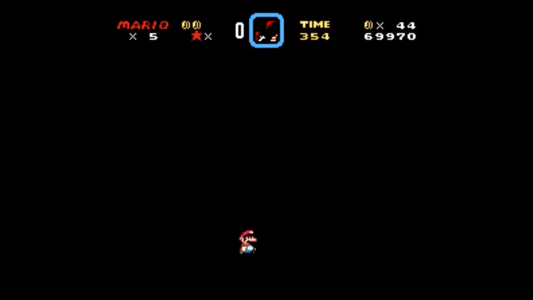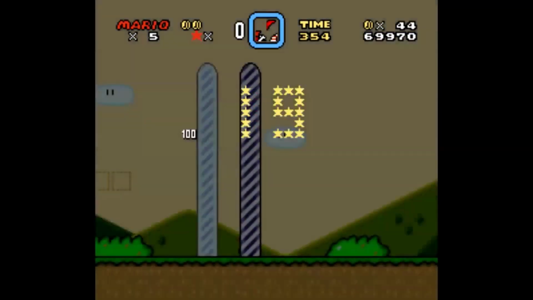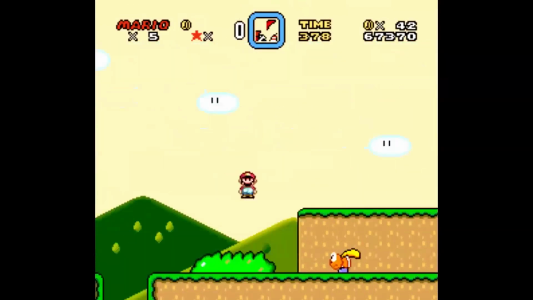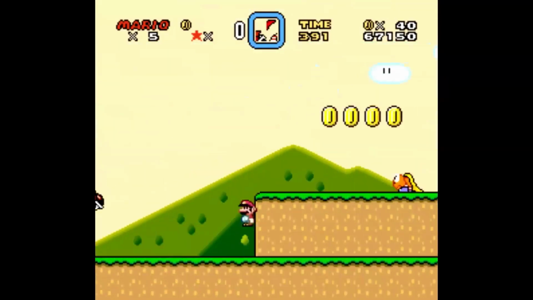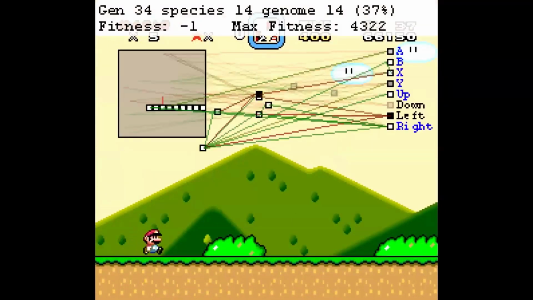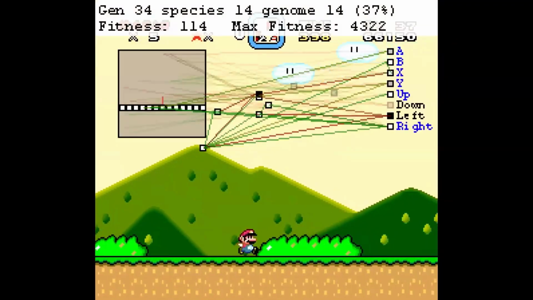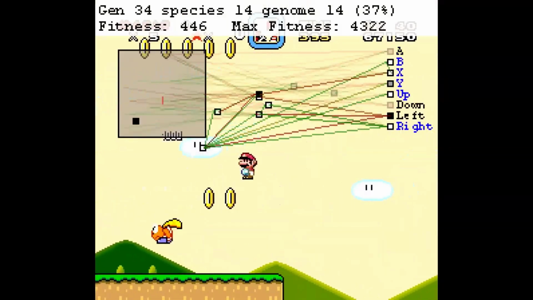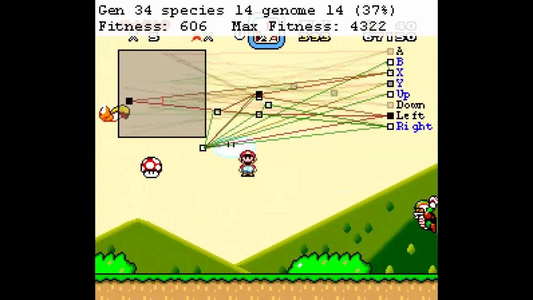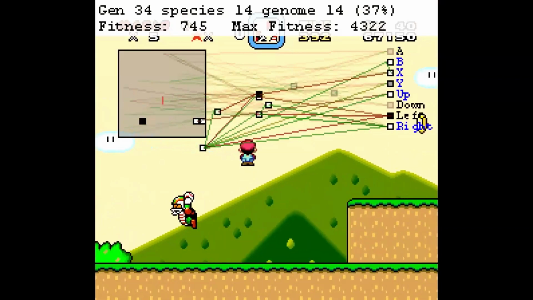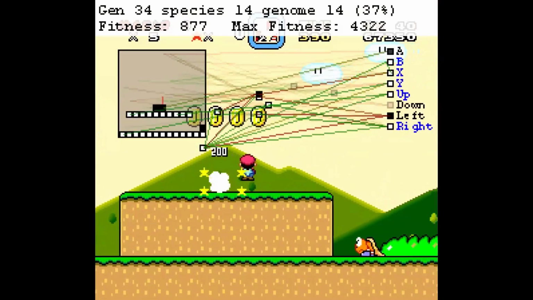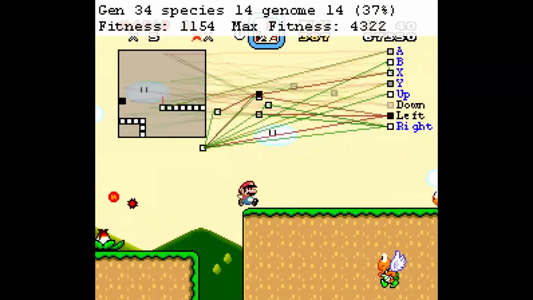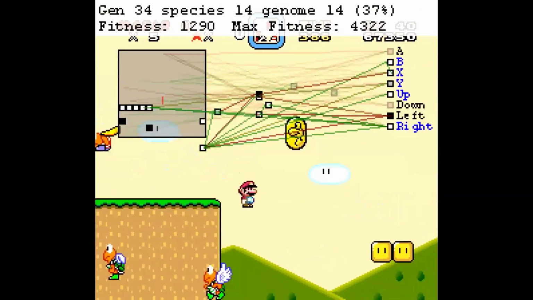So let's start out by actually looking at Mar.io's brain. Let's play it again, but this time we'll look at Mar.io's brain as it's making the decisions of what buttons to press. It's going to look a bit complicated at first, but don't worry, I'll help break it down for you. This structure of colored lines and blinking boxes is called a neural network. It's a simple mathematical model for how a brain works, but it can produce some very complicated behavior. With enough computational power, a neural network could come close to simulating a real human brain, but modern technology isn't there yet. On the left side you have the inputs.